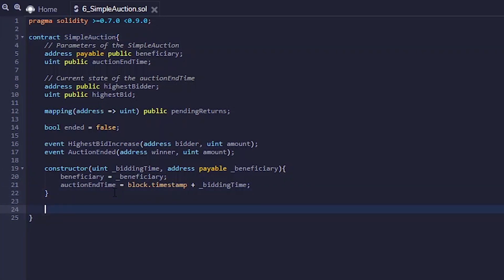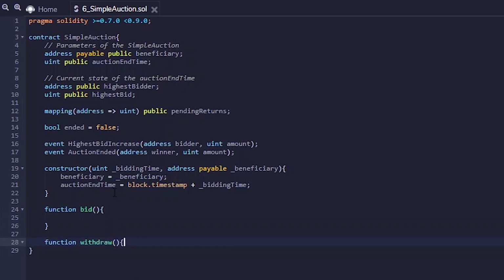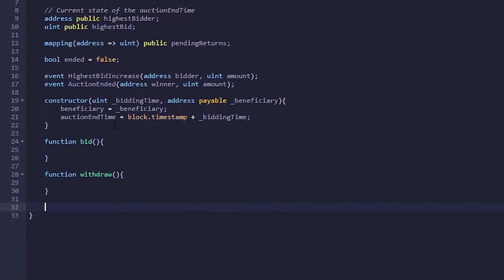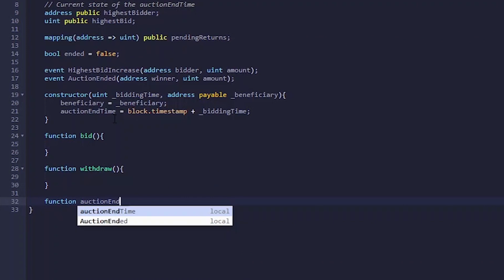Okay, so now that we have our variables and we have our constructor, the next thing we need are just functions, actually, to create our functionality. And we're going to create 3 of these functions. The first one we're going to create is going to be a function called bid. I'll create it like this. Whoops. Bid. After that, we're going to create function withdraw. And the last one will be called auction end,